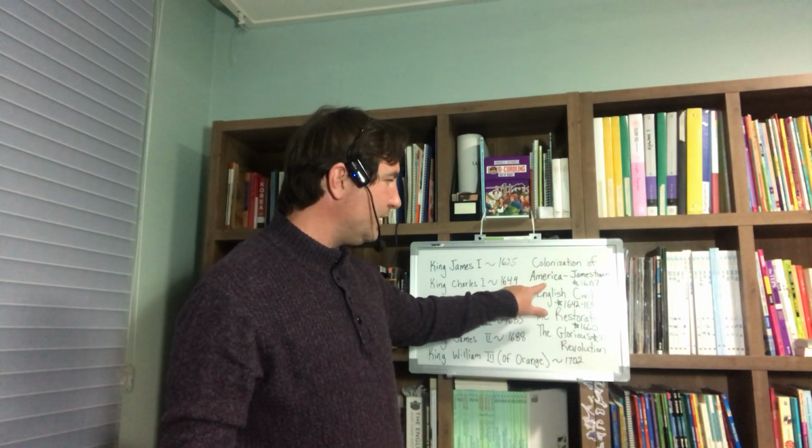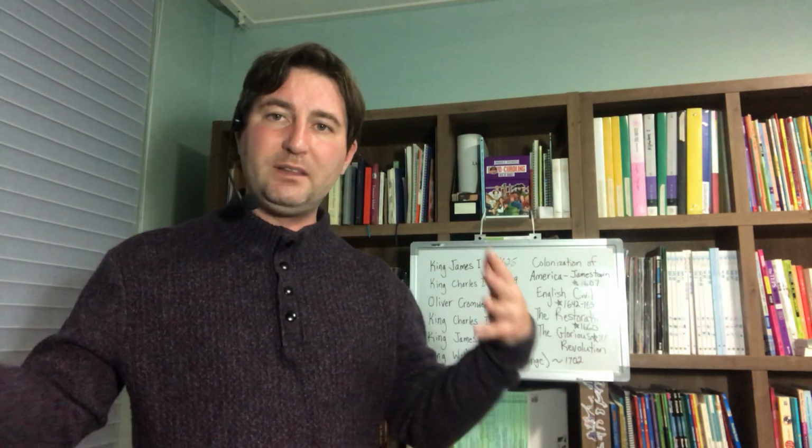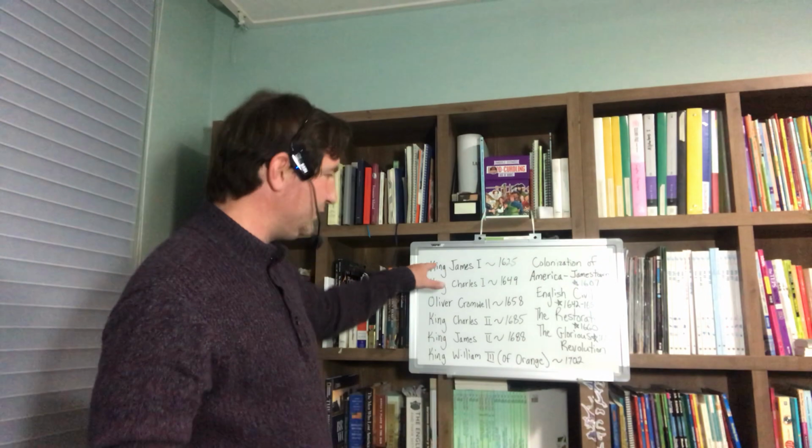The colonization of America, Jamestown, happened in 1607, but that's only there just to give perspective. Some of these things are happening at the same time, but this course is also topically organized. So we're not talking about America right now. Although under King James, which we talked about, there are a lot of things that happen in North America, I stayed away from that because we're going to come back to it next week when we talk about the Revolutionary War. So we went forward to 1707, and we're going to rewind right back to 1492.